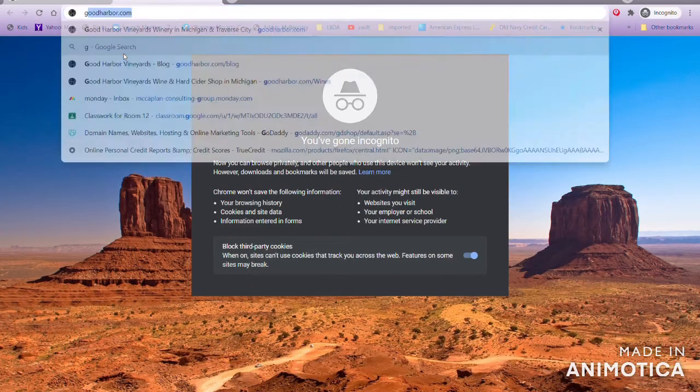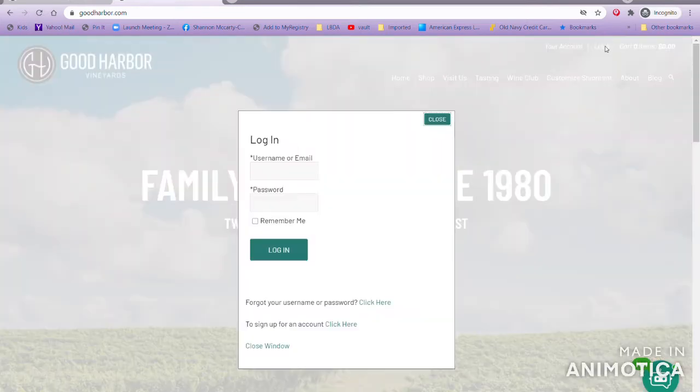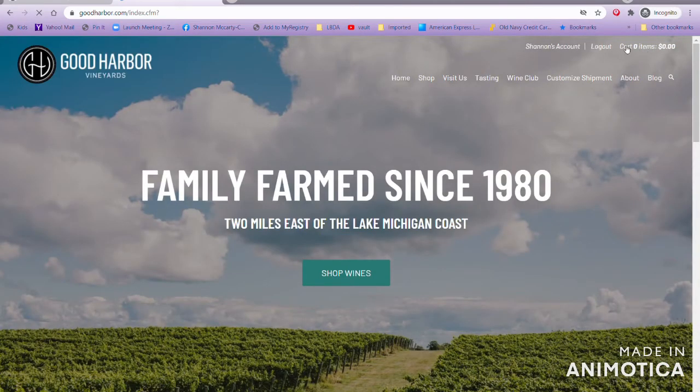First, go to goodharbor.com and log into your club account. Enter your username and password. It's likely your username is your email address. If you have forgotten your password, click below the login area and we will resend and reset your password with